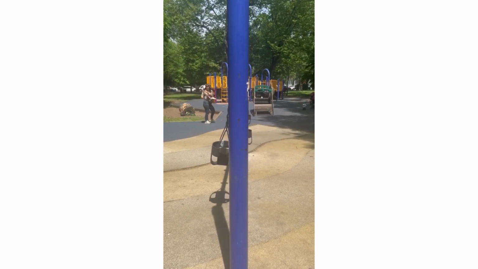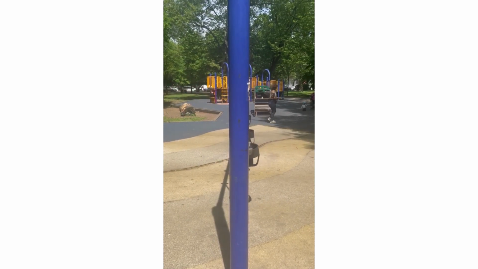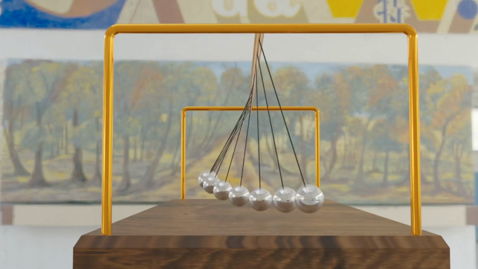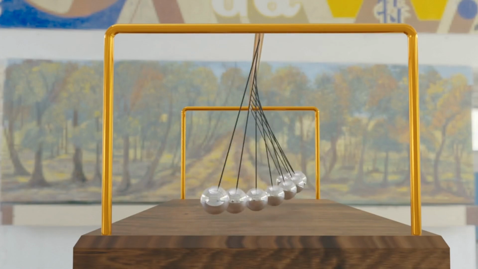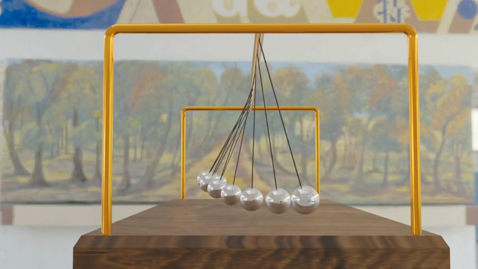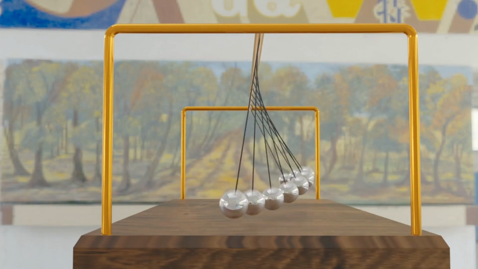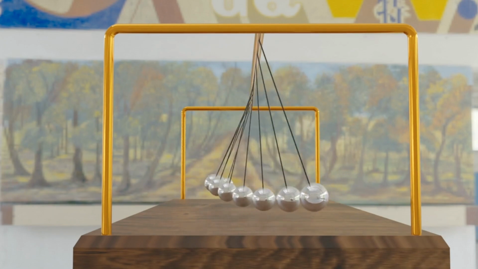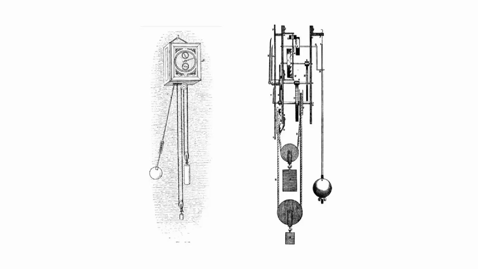The history of the pendulum traces back to ancient civilizations observing the swinging motion of objects suspended from fixed points. However, it was in the 17th century that the potential of the pendulum as a precise timekeeping device was realized. Galileo Galilei is credited with observing its regular motion, and Christian Huygens invented the first practical pendulum clock in 1656,